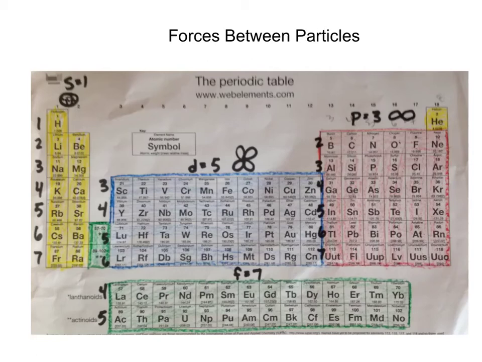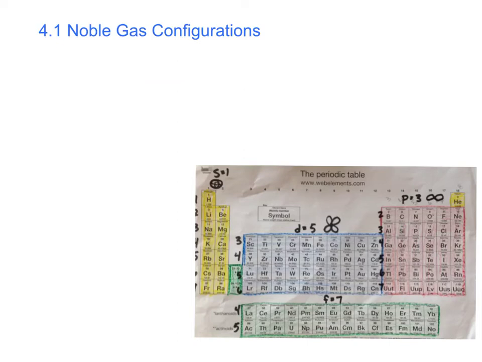Okay, we're starting chapter 4, which is forces between particles. You remember the noble gas configurations, and they have to do with this last column right here, which starts with helium, and they go all the way down to radon. Remember what was special about them? How many valence electrons did they have? Do you remember? There was 8